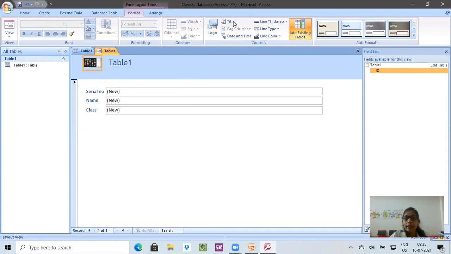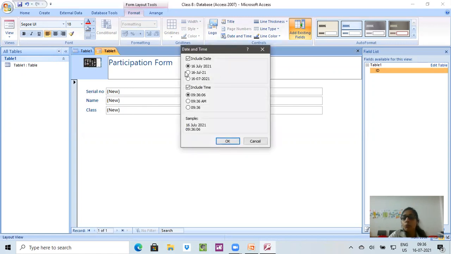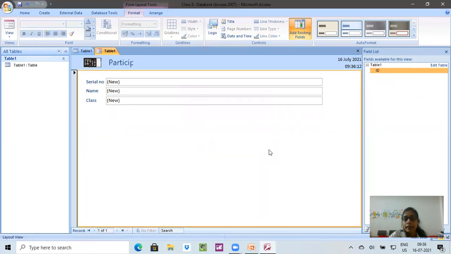I will click on title name and see, I will give it a name, participation form, right? So this is how I have given the name. Even I can add a column of date and time. I will click on OK and it will add date and time. See, participation form is there and the date and time is visible over here. So this is how we are creating the form with the different things.